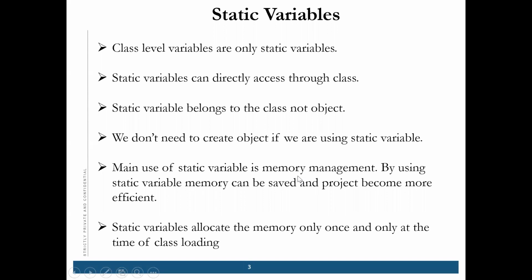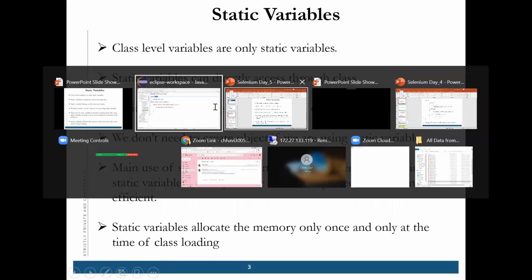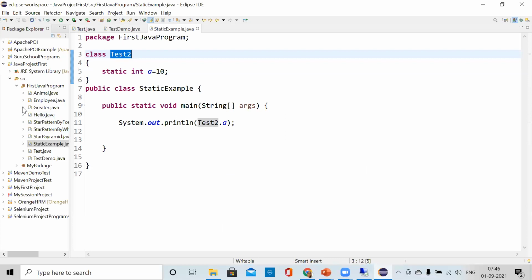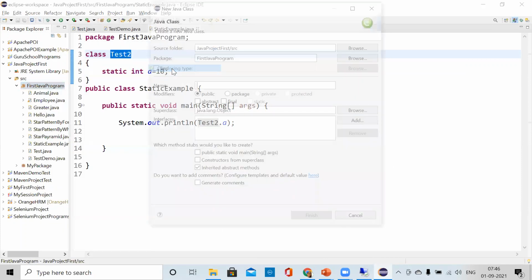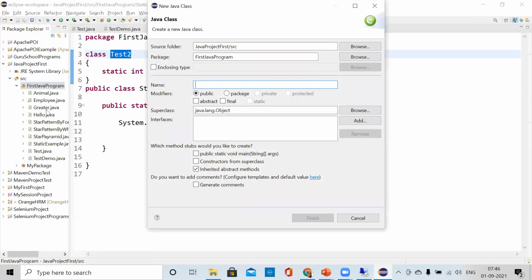So what we will do, we'll create one more class of employee. Have I created employee? Yeah, we have created, right?